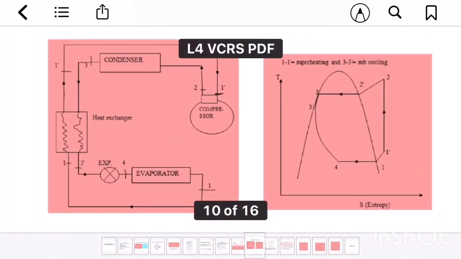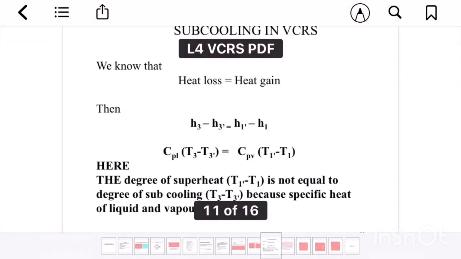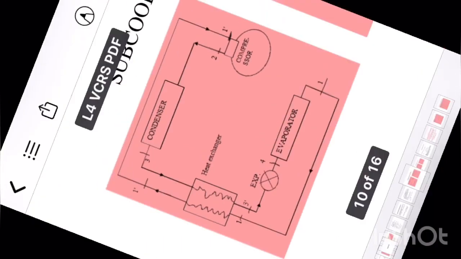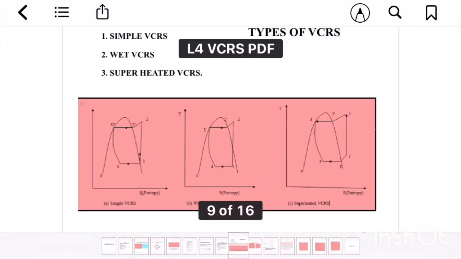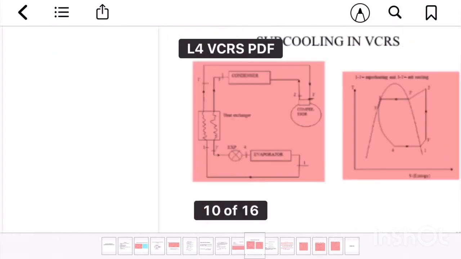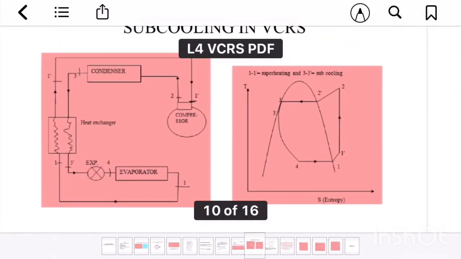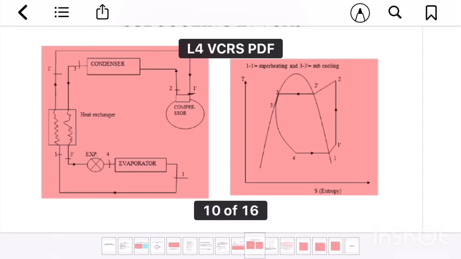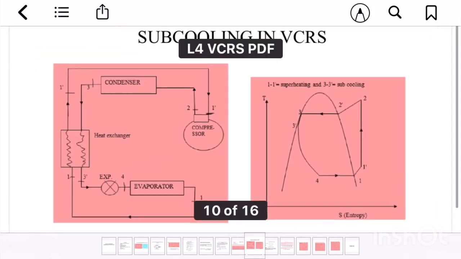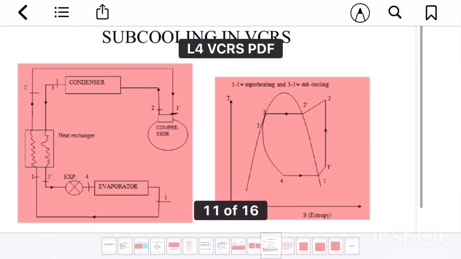Here you can see subcooling. You have components like the heat exchanger, the expansion device, evaporator, compressor and condenser. We will start from the compressor, from point 1 to 2.